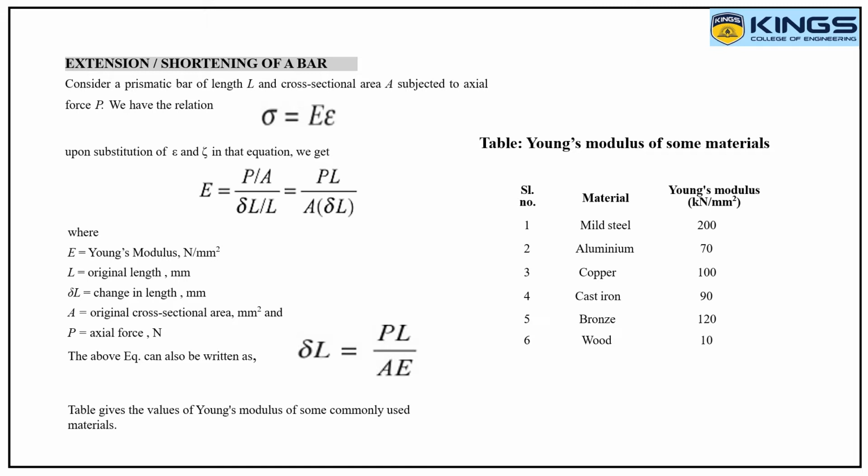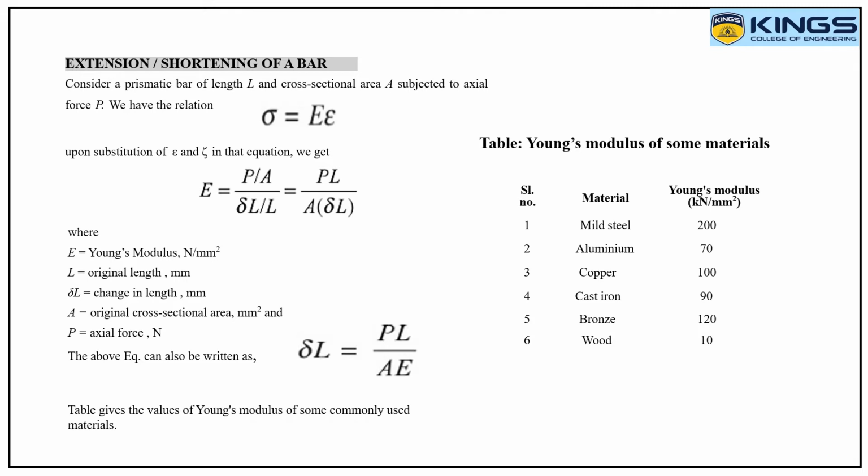Consider a prismatic bar of length L and cross-sectional area A subjected to an axial force P. Then we have the relation sigma is equal to Young's modulus into strain. Upon substitution of strain and sigma in that equation, which is nothing but stress, we get Young's modulus E is equal to